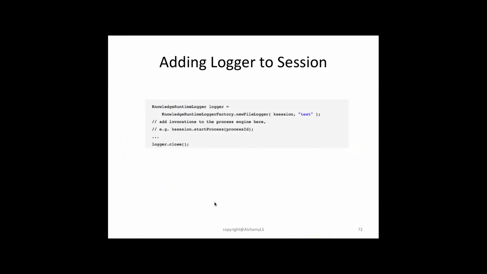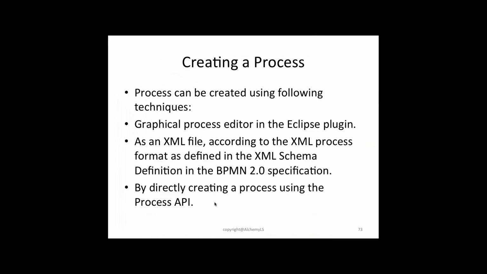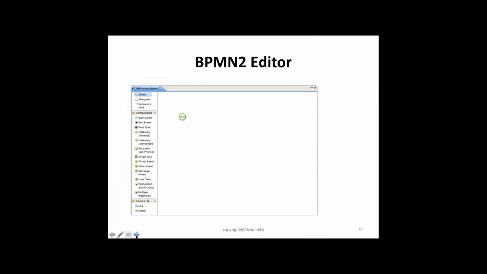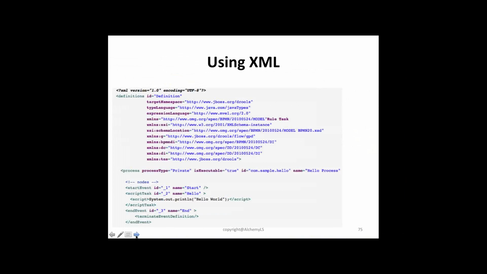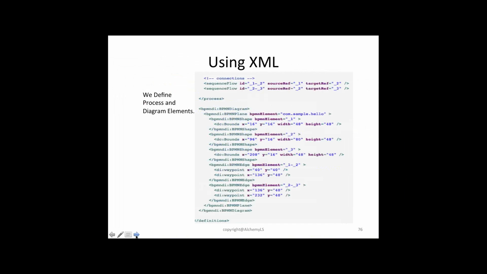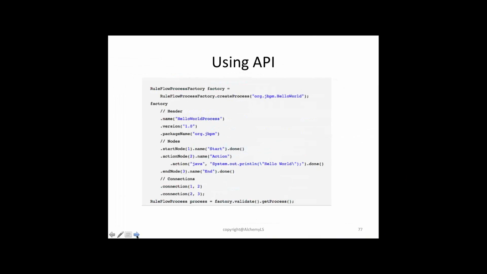So, three different ways of creating. I left it here. There are three different ways of creating. One is, we can create using the editor, which comes along with your Eclipse. Second is you can use XML. And third approach is you can even write Java. You can use code using different DSLs in order to build the flow, right? And later